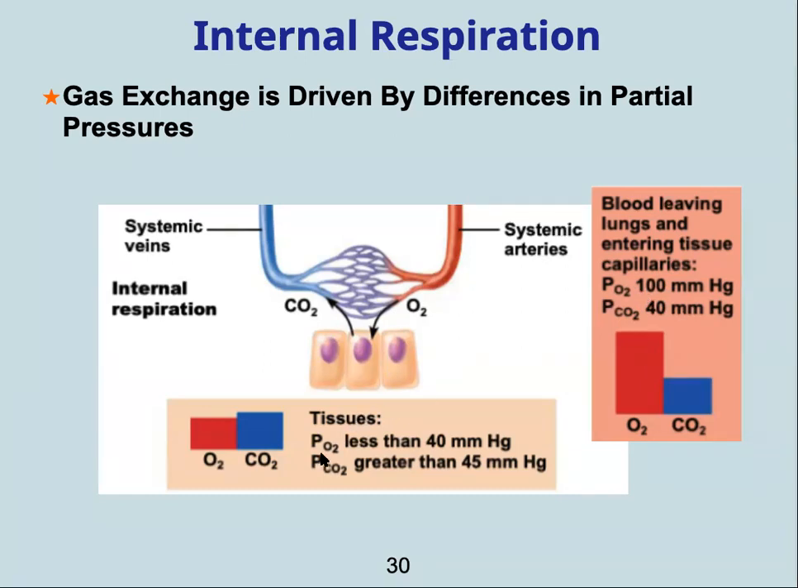Partial pressure of oxygen inside the tissues is less than 40 because there's active cellular respiration going on, consuming the oxygen and producing CO2 actively. Okay, and now with this steep partial pressure gradient, this promotes oxygen diffusing from inside the vessels to inside